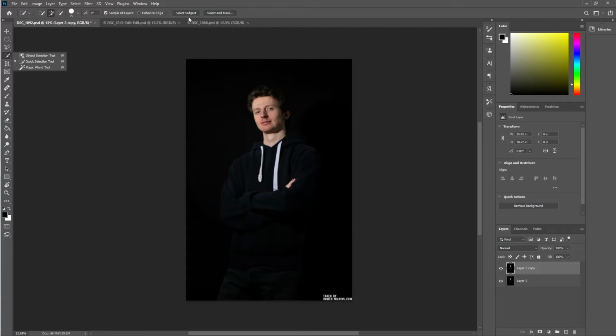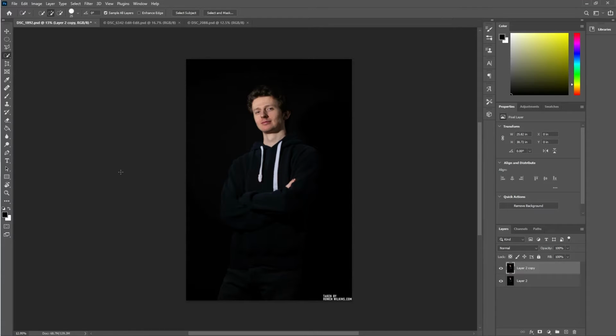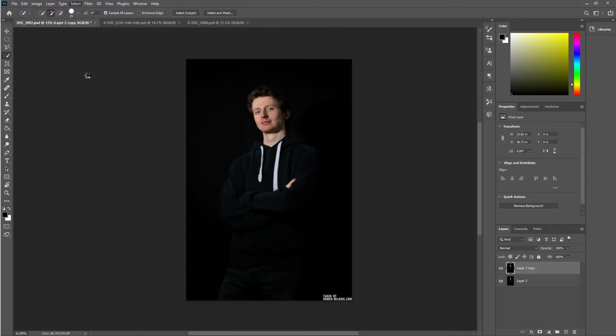but it sits there. The other way to find it is to go into the select menu and go down to where it says subjects and click on that. Now, to use this tool is very simple, very easy. Just make sure the layer you want to use is selected, which mine is here. Then go up to the select menu up here, and go down to the subject button and click on it,